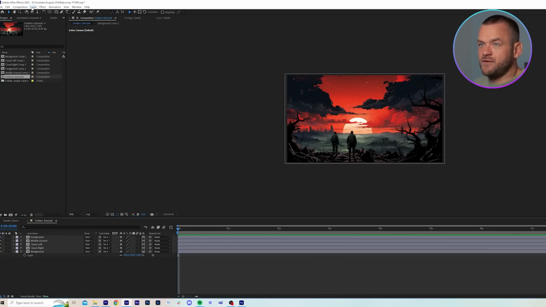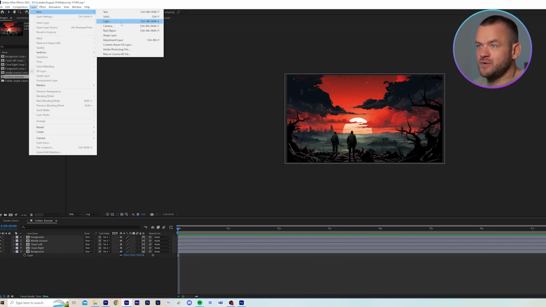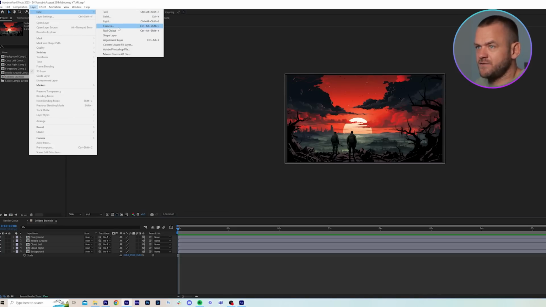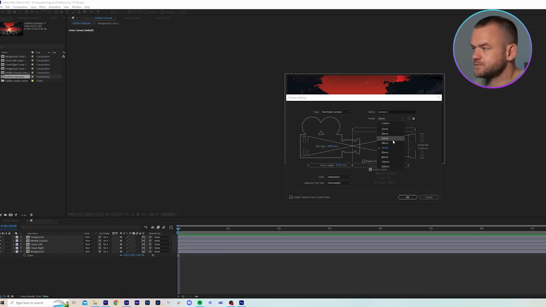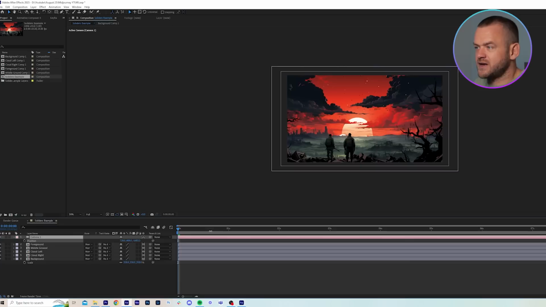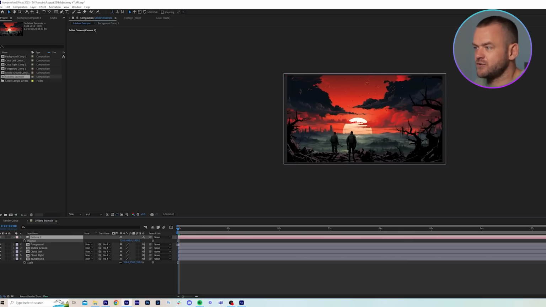Now if I go Layer, New, Camera, I've got a one node camera, because a one node camera goes left, right, up, down, forward, back. A two node camera focuses on a point and moves around it, which isn't what we're going for. So one node camera, preset, let's actually make a 50mm camera. Now if I press P and I move the camera in and out, you can see the foreground moves,